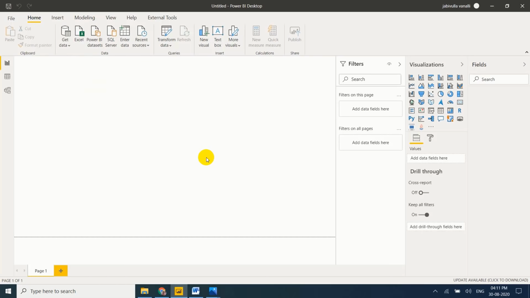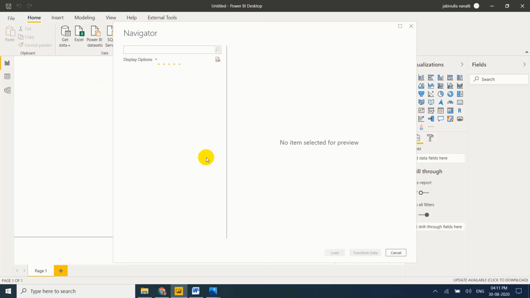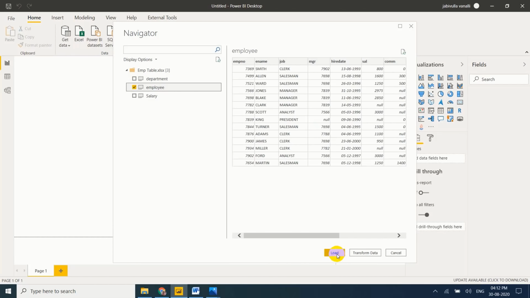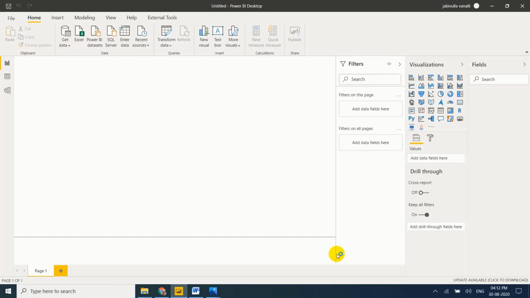One table is enough to show all these examples. Let me click on load. Okay, my table is loaded into Power BI Desktop in memory.